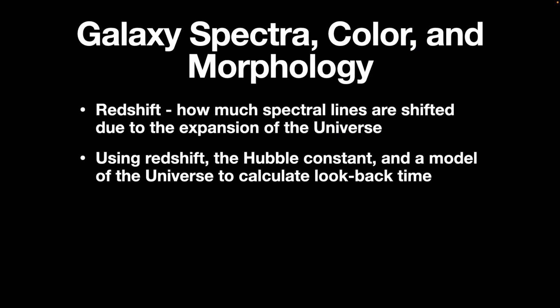Using the currently accepted model of the universe, our best estimate for the age of the universe is 13.8 billion years old. Astronomers measure the redshift in the galaxy spectra, use the Hubble constant and a model of the universe to find distance, and use the distance and constant speed of light to infer how far back in time we are seeing the galaxy, right? We're inferring the look back time. We can also use the Doppler shifts in the spectra to tell us how fast the galaxy is rotating and how massive it is.